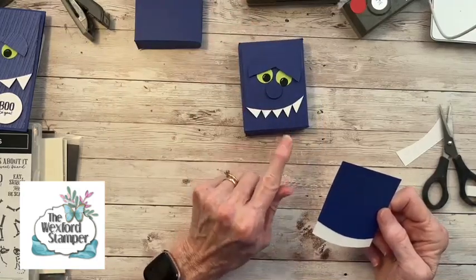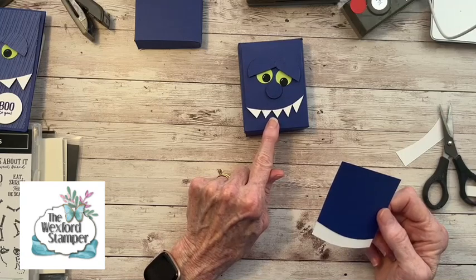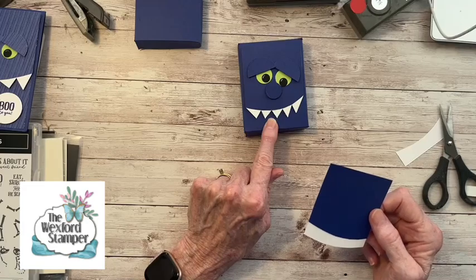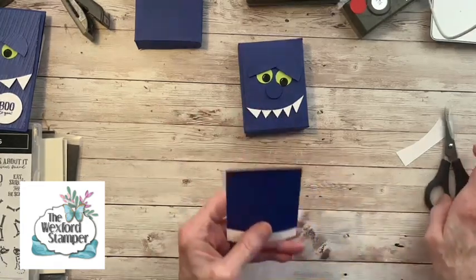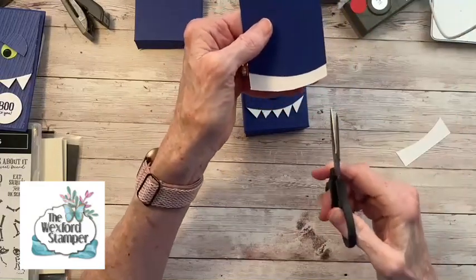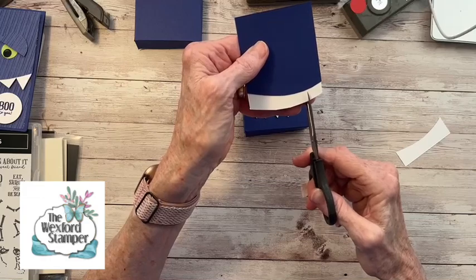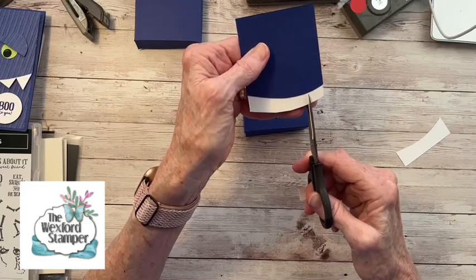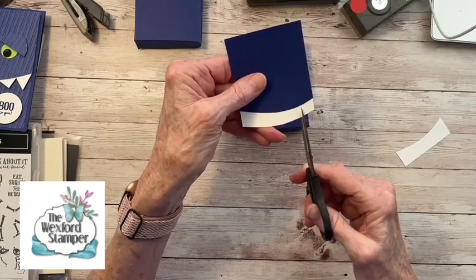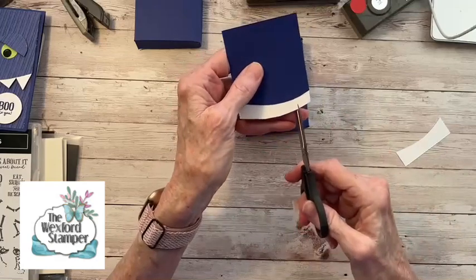I went with 5, so the first thing you have to do is, whatever number of teeth you have, which is 5 for mine, you're going to make 1 less snip line. So I'm going to do 4 snips, all right? And you want to make them about the same distance apart, but it really doesn't matter because a monster's teeth probably aren't perfectly spaced either. So I'm going to put 4 little snips in this white from the bottom all the way up, touching the